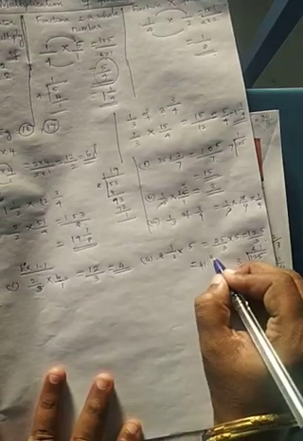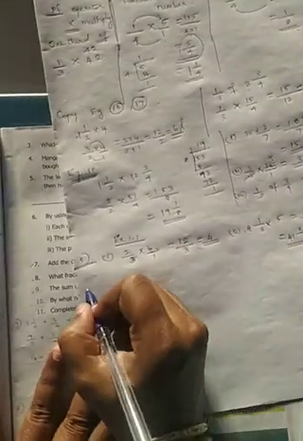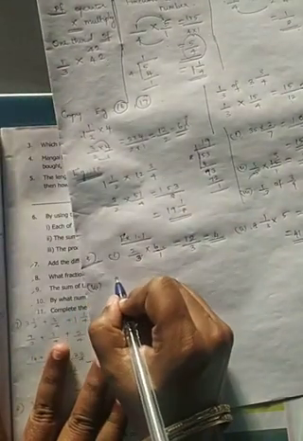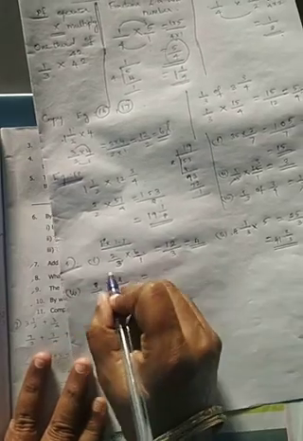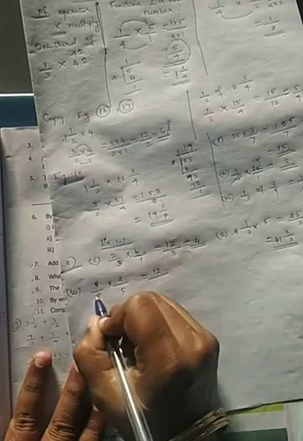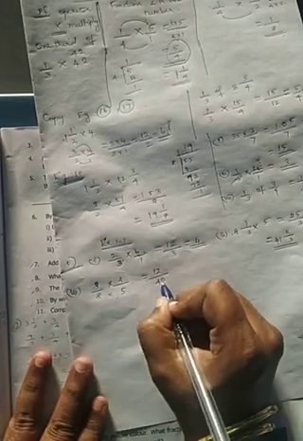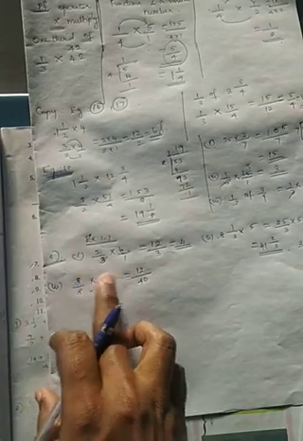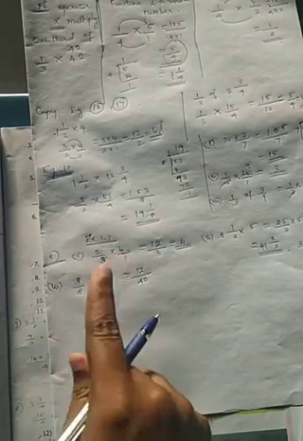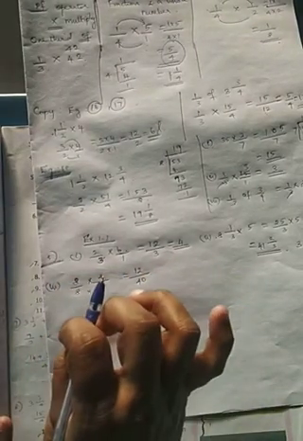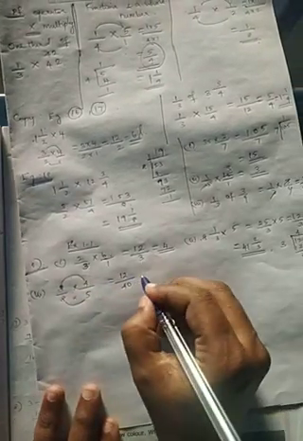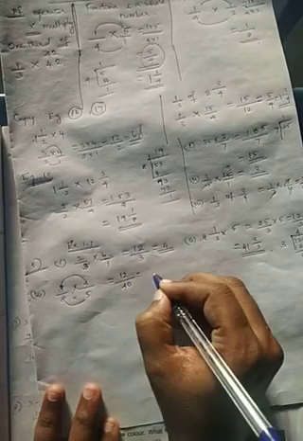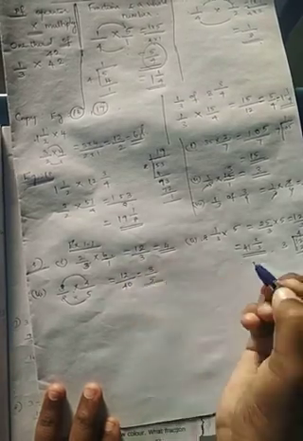So 41, 2 by 3 is the answer. Coming to the third one, 3 by 8 into 4 by 5. I am multiplying 3 into 4, 12, divided by 8 into 5, 40. Only for multiplication you can do like this. For addition and subtraction you have to do it with the LCM only. You cannot simply add or subtract the numerators. Only for multiplication I can do like this. So 12 by 40, both will go in the 4 table. It is 3 by 5.